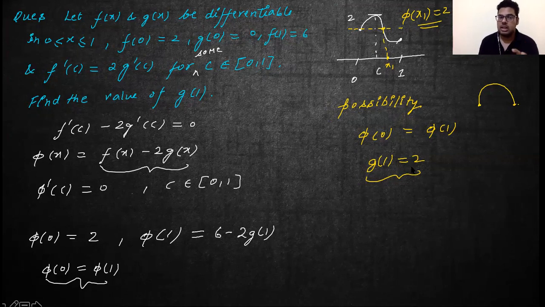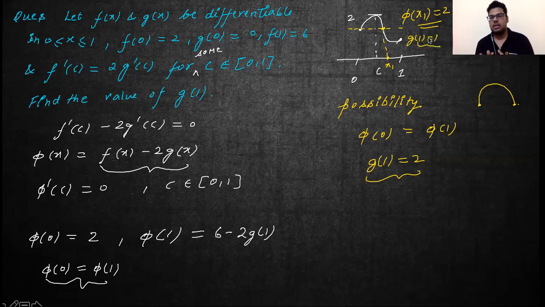We can certainly say that all of these things are being satisfied. G of 1 equals 2 certainly says this entire question, everything that is given, will be in line. But let us say here g of 1 equals 1. So we cannot say for certain that always the derivative, or we'll find something in between, right? We may or may not. So g of 1 equals 2 is one of the solutions. So I hope this is clear. There should be no confusion in this.